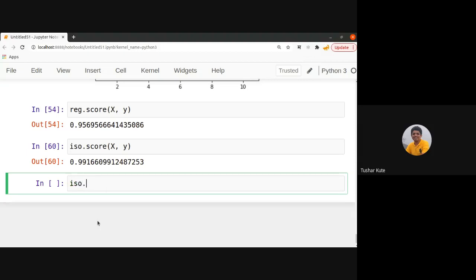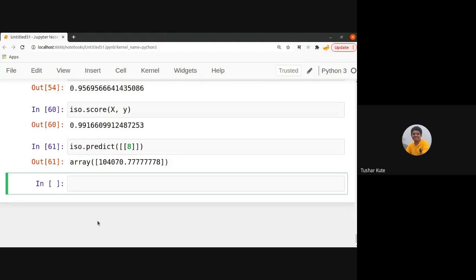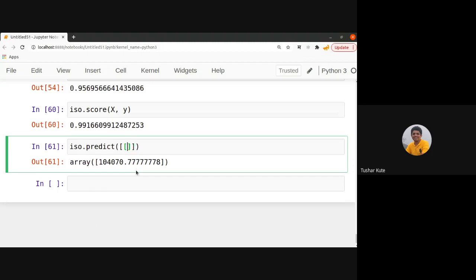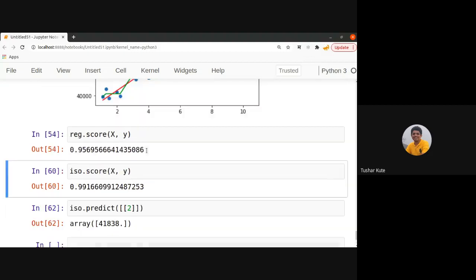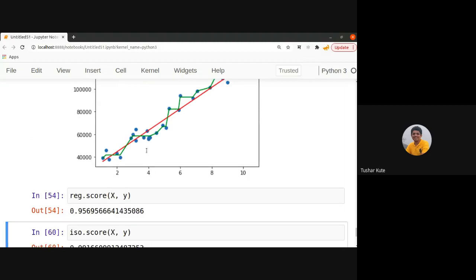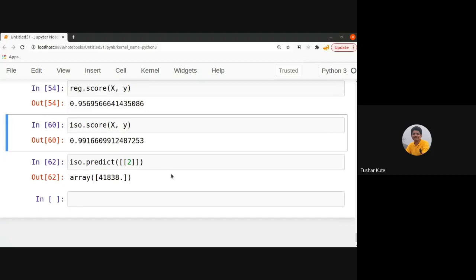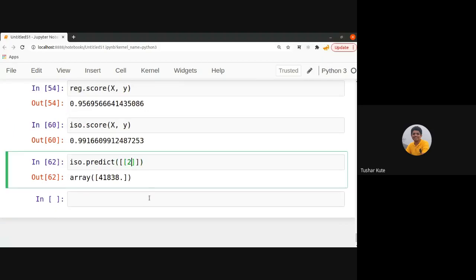For example, I want to predict how much salary I will get with 8 years of experience. That is 1,04,000. For 2 years, it is 41,338, almost matching the data. That is 99% accuracy, because the model created is not perfectly linear. It is almost approaching all the data present in the training data.